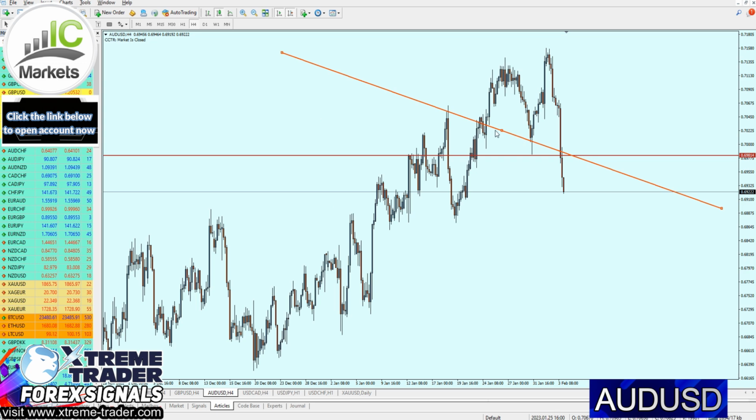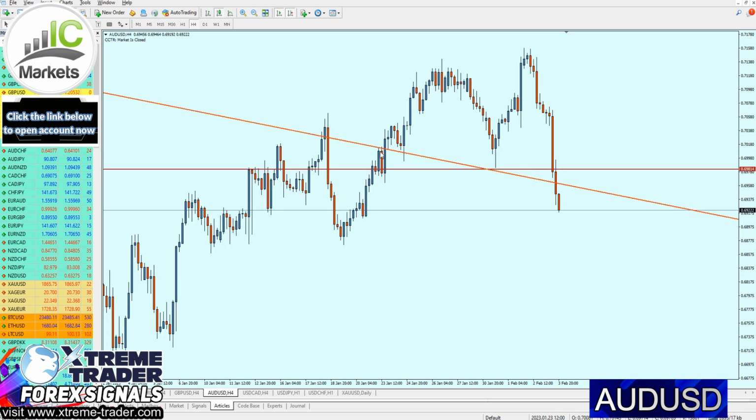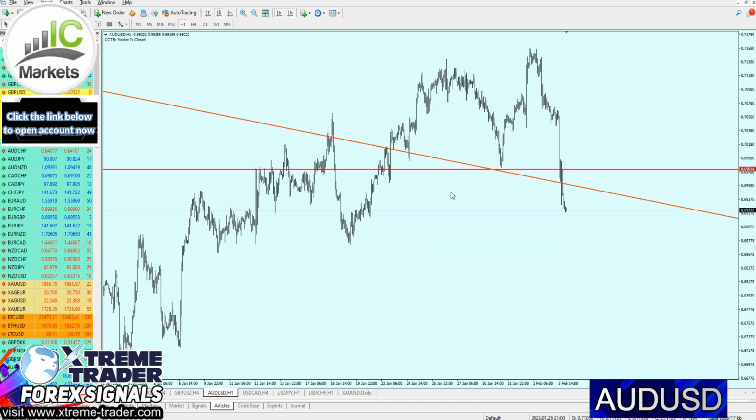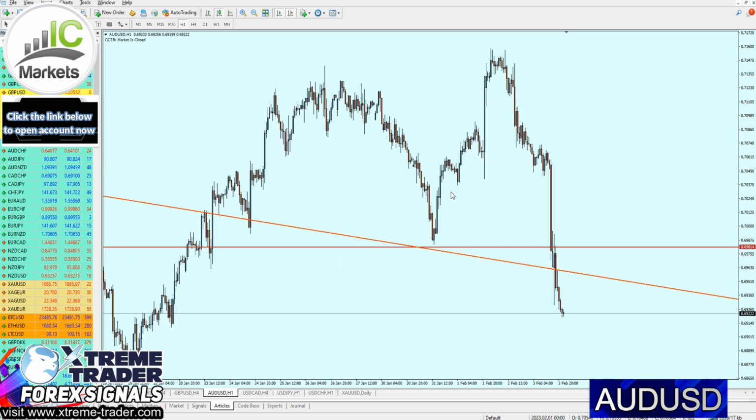So what I'm going to do next is simply drag the same resistance trend line and place it right here at the next resistance trend line, which is exactly right there. It also became a support trend line for multiple attempts. It was of course a real attempt of a resistance trend line. Again, all of that has been explained in the video which I have posted called The Magic of